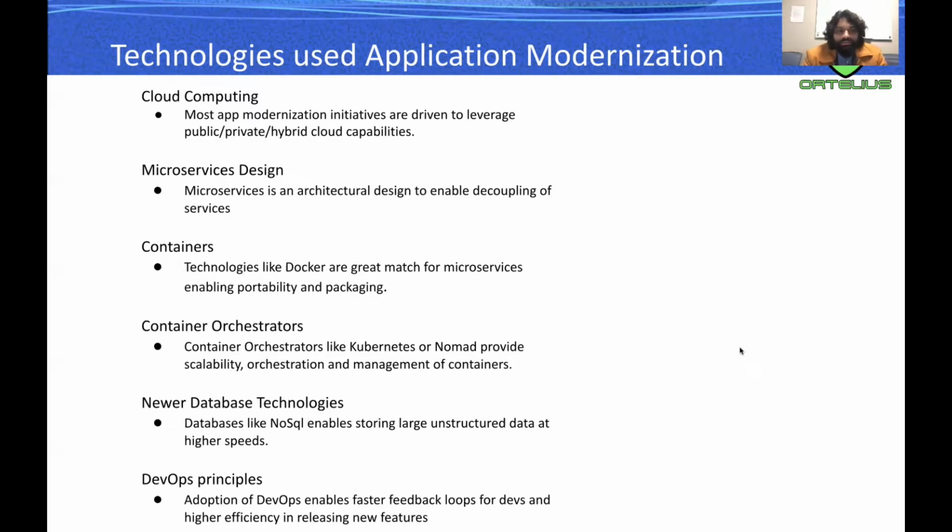Containers. Technologies like Docker are very beneficial when you're using microservices as your architectural pattern because it enables portability, it enables packaging of the application, and allows you to run on any machine that has a container engine on it. Container orchestrators. Container orchestrators like Kubernetes or Nomad provide the ability to scale the containers that are running, to orchestrate the containers and manage the containers when you're running a farm of containers,